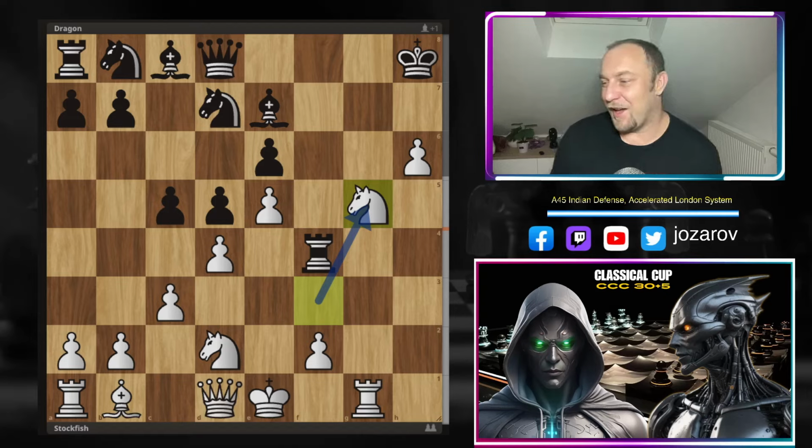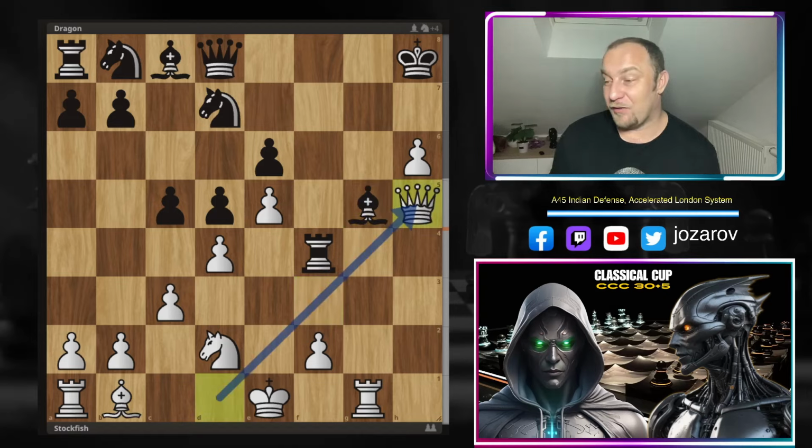Really crazy. After bishop to g5, queen to h5, the queen is now coming in a beautiful way into the game. Still, all of these pieces are not playing, so that's the issue. Dragon has now 2 pieces more, but has a tough time now to defend the king. We have now rook to h4, the only move here for Dragon, and now again a brilliant idea here by the fish,